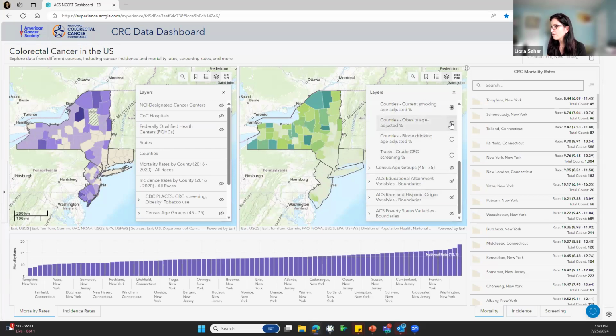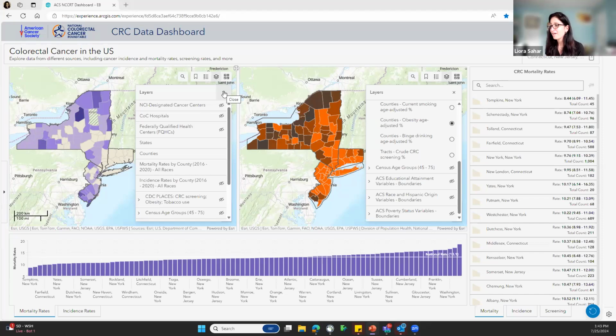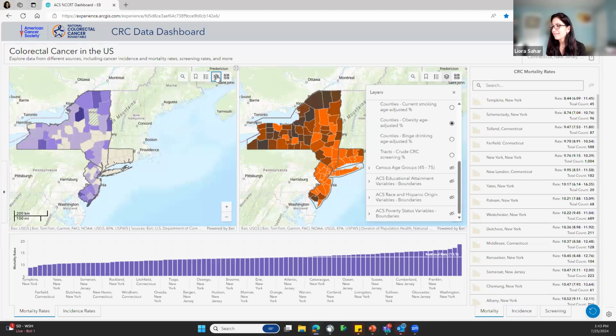So you can go and you can look at obesity. Again, you see some similar patterns. Again, copy, paste, do a screenshot and put it in your PowerPoint, and then I'm going to show you how everything comes to life. And now let's look at